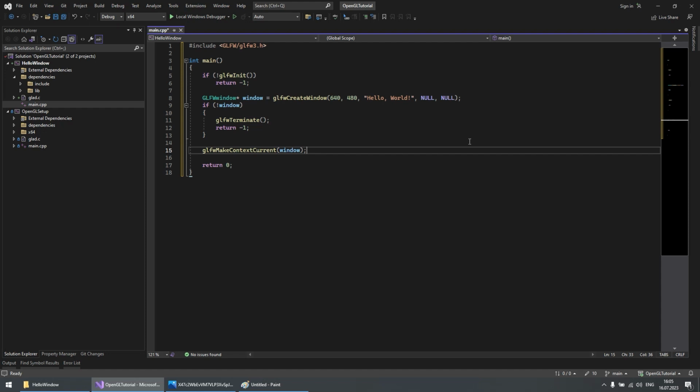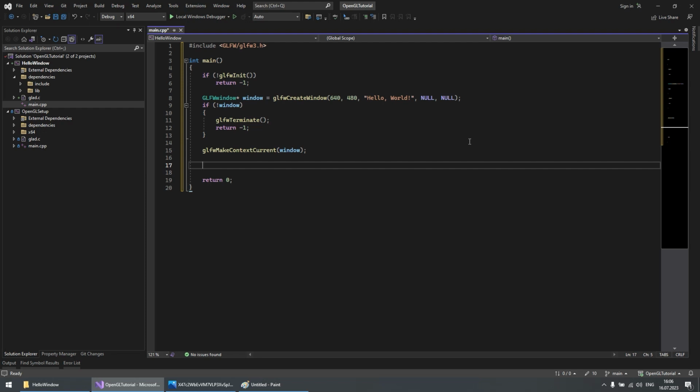And once the context is made current, you can issue rendering commands such as clearing the color buffer, drawing primitives, applying transformations and setting up shaders and textures. This command will affect the specific window that we just created. So it's very necessary to call this function.